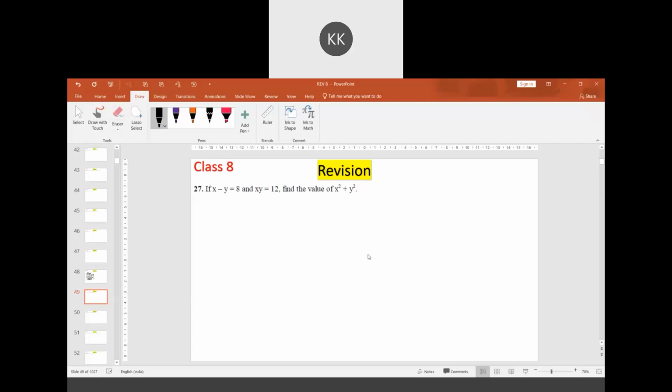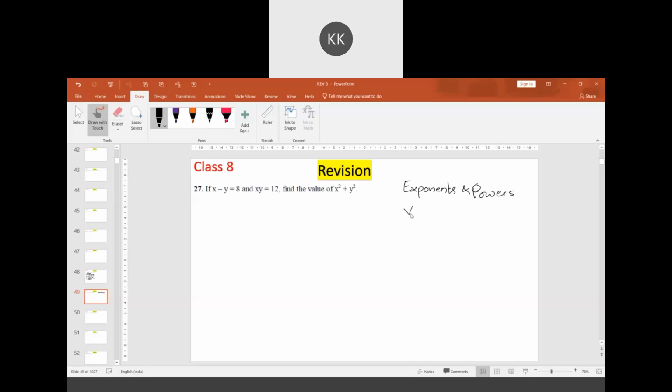Is this also on the syllabus for the exam? Yes, we have to decide the syllabus for the exam. Which chapters do you want me to give? Chapters which are finished after the midterms. Direct and inverse proportions, exponents and powers, visualizing solid shapes. Comparing quantities was over before the midterm exam.